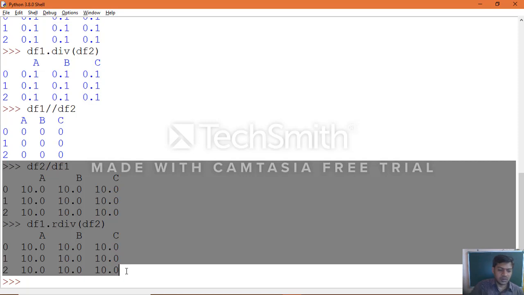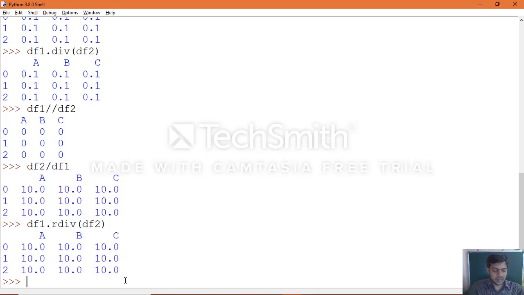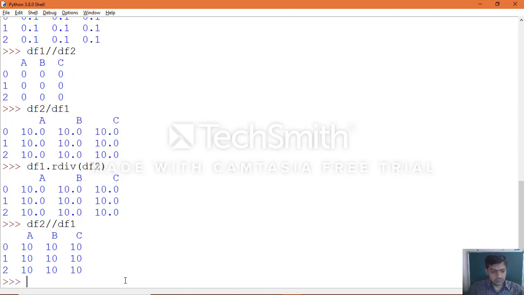Okay, now when you look at the normal floor division, only the integer part will be given as a result, whereas the div and reverse div functions display float values.